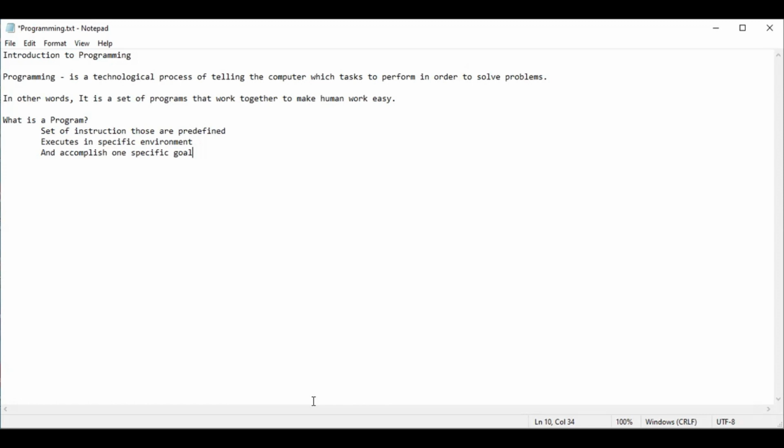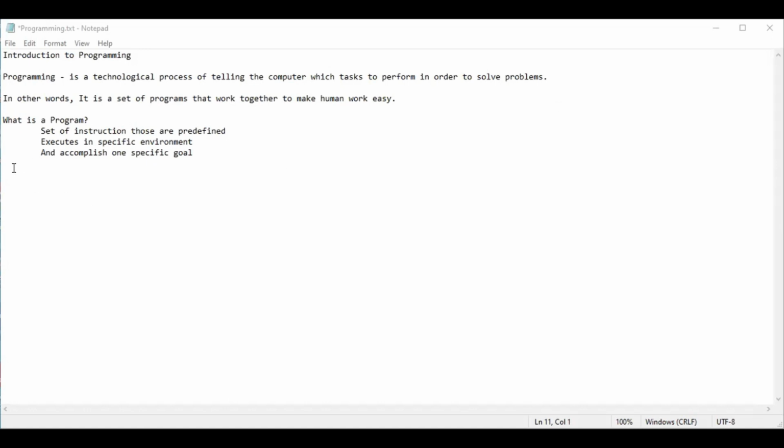These environments may be like Turbo C, JVM, Python shell, etc. Once everything works together, we have the final outcome, that is, accomplishing one specific goal. Whether it's a success or failure depends on what inputs you provided and what conditions were fulfilled that specify the output of the program.